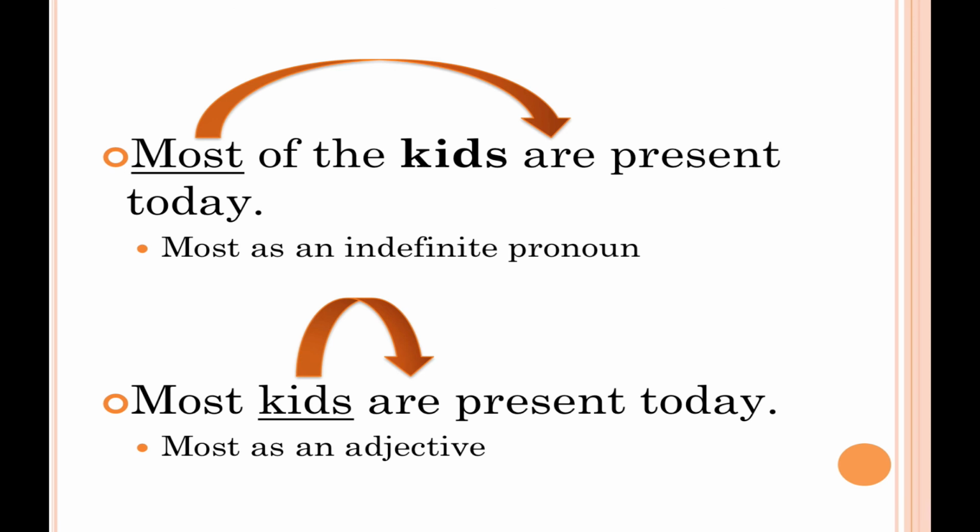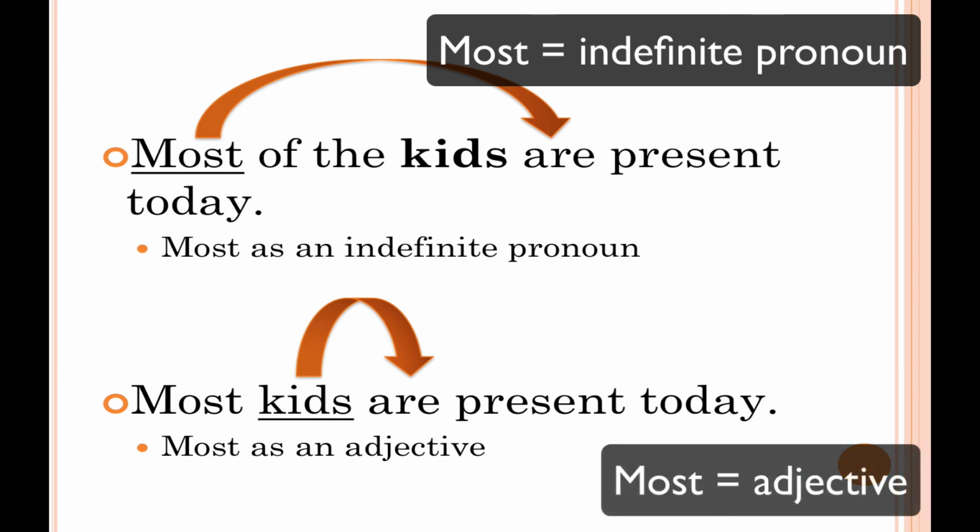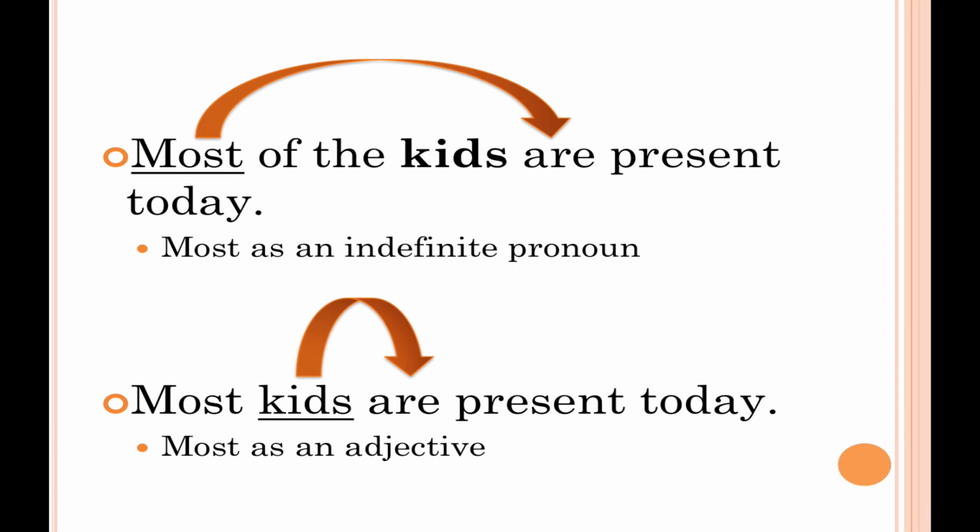So here are those sentences explained a little bit. The first one, most of the kids are present today. The word most is used as an indefinite pronoun. And since most is one of those words that could go either way, we then check off and look at the prepositional phrase to help us. In this case, most of the kids takes the plural verb of are. Now if we go to the bottom, the word most is used as an adjective, and it further describes kids. It answers the question of which kids? Well, most kids are present today. And in this particular example, both of those sentences are going to take plural verbs in the form of are.